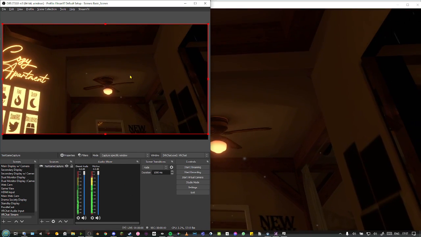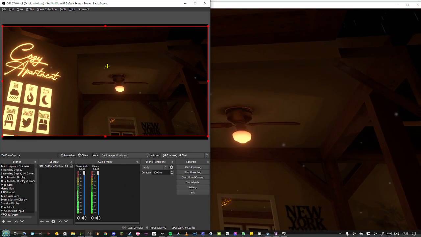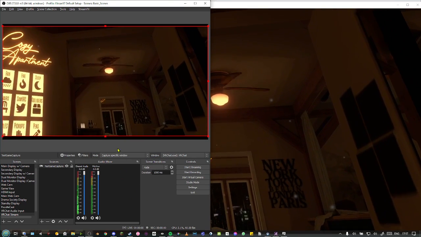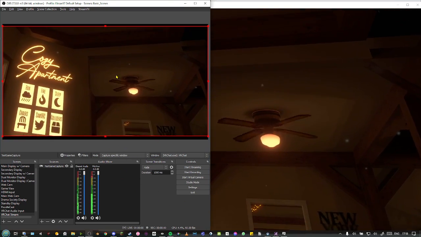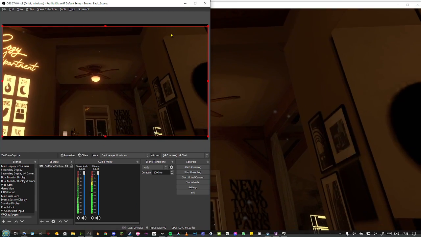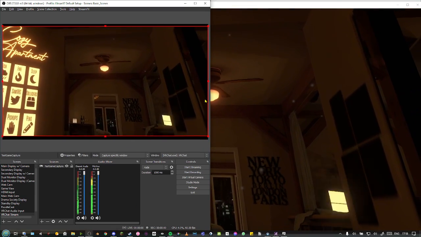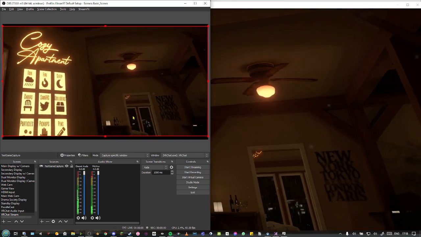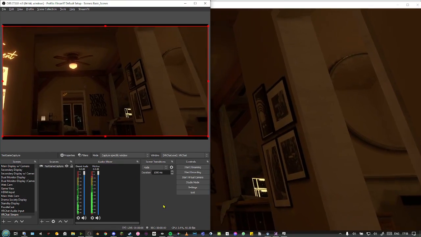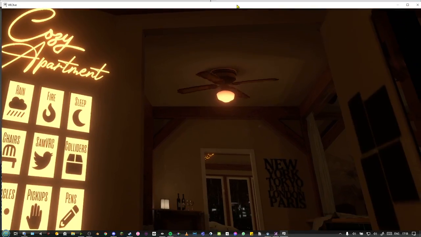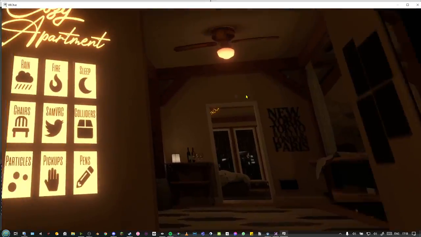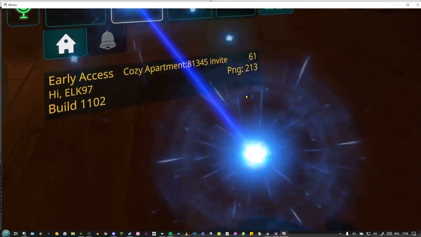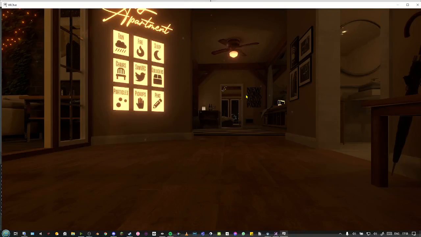So now you've got VRChat actually being captured. You can move it around, but I usually like to put it in the middle so you have a tiny bit of a black bar at the top and the bottom rather than cutting off the sides. Okay, so then you've now got the game captured, but then this is where you want to get into the fancy pants stuff. So you want to open your camera, and then literally just press stream camera, and then that will set it to